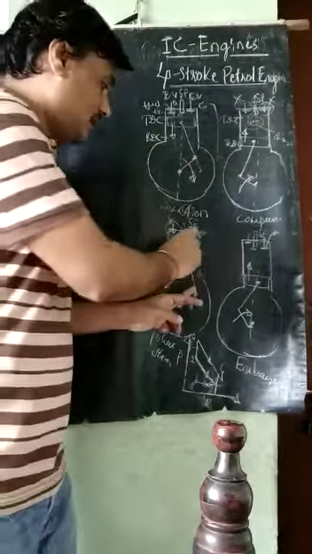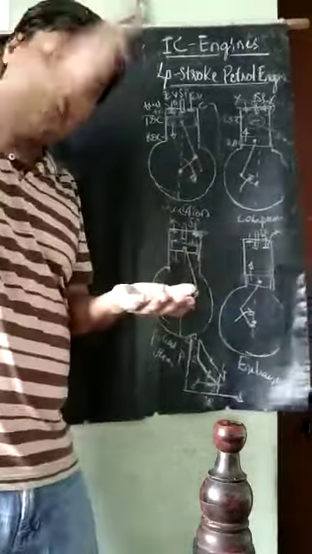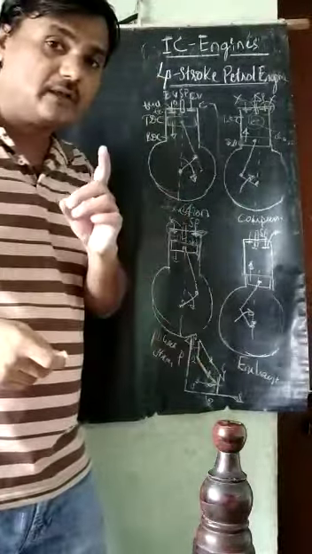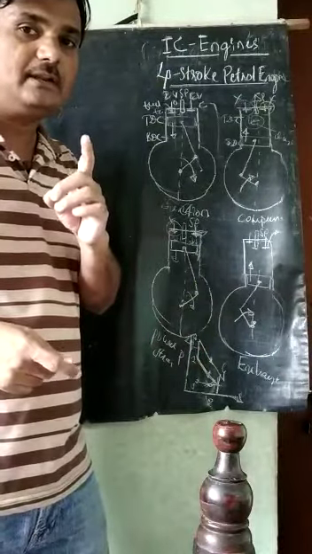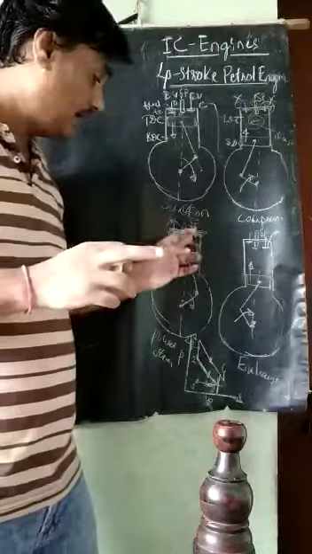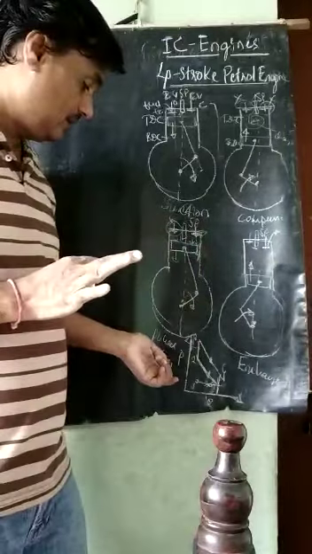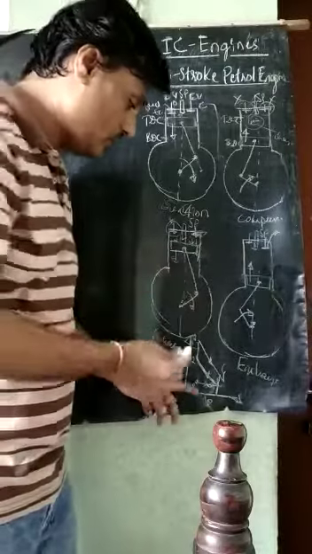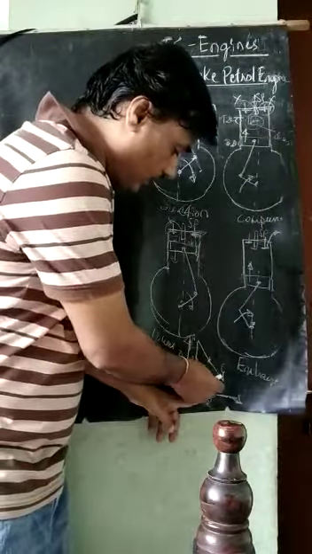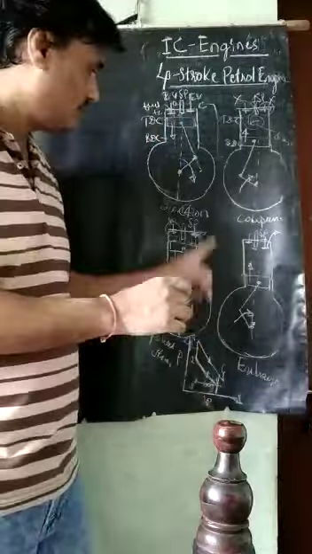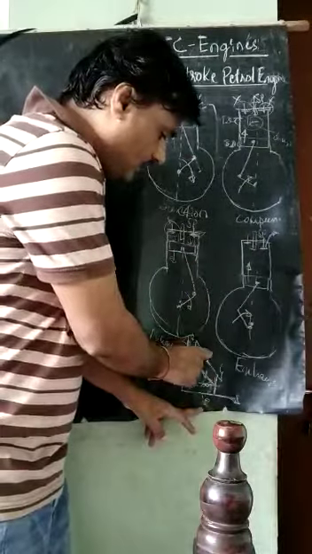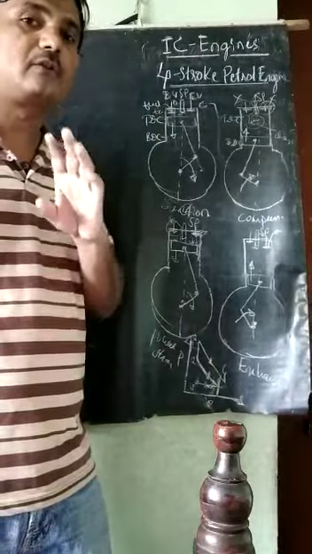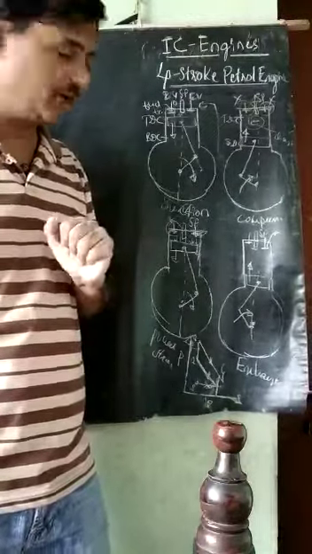Then the high-pressure flue gas will apply pressure on the piston, and the piston will start moving downward. It is called the power stroke. Conversion of heat energy into rotary mechanical energy is taking place. This is the expansion stroke, or the power stroke, indicated as 3 to 4. 2 to 3 is the heat addition process, that is the spark. Next, 3 to 4 is the expansion stroke or power stroke, which is also assumed to be an adiabatic process.